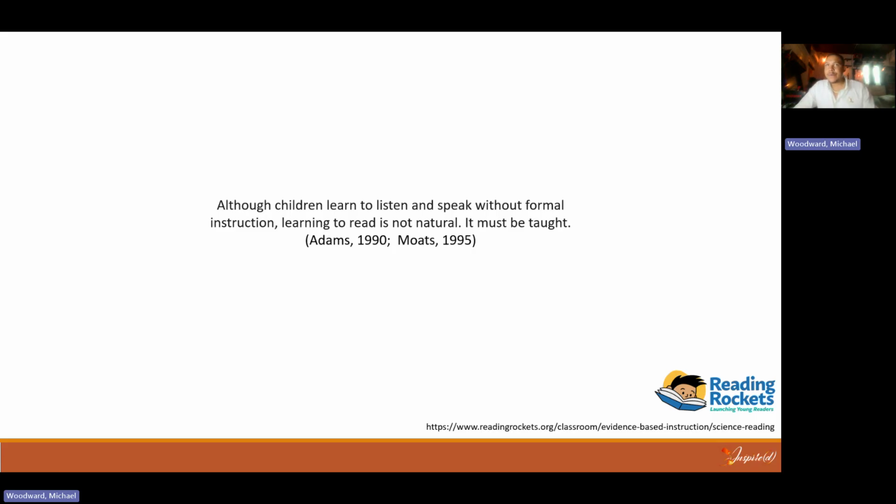But when we think about reading, you must be taught how to read. You must have alphabetic knowledge. You must have the components, the 5 components of reading in some way, some more than others if you don't have them all, but you've got to be able to decipher print and text, which you must be taught.